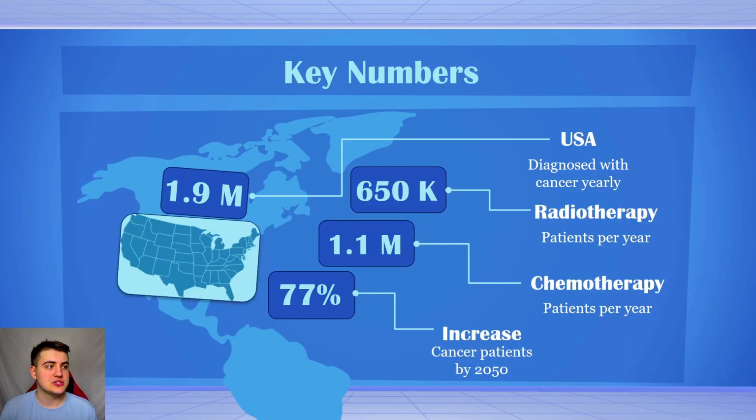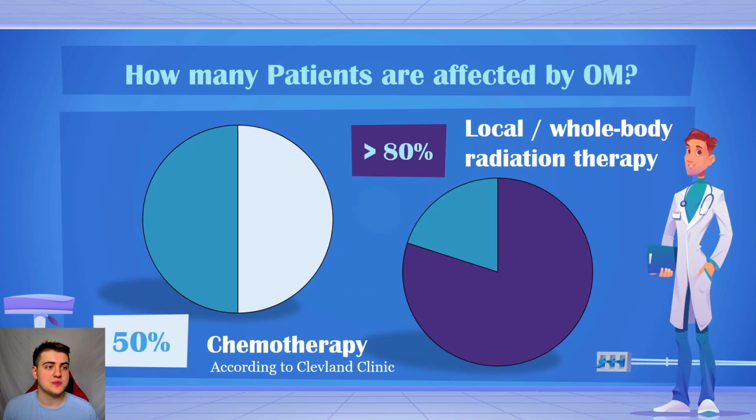1.9 million patients are diagnosed with cancer yearly. 650,000 of them undergo radiotherapy, while around 1.1 million of them undergo chemotherapy, with a 77% increase of cancer patients by 2050. How many patients are affected by oral mucositis? Well, greater than 80% that undergo whole body or local radiation therapy, or 50% of chemotherapy patients develop it, according